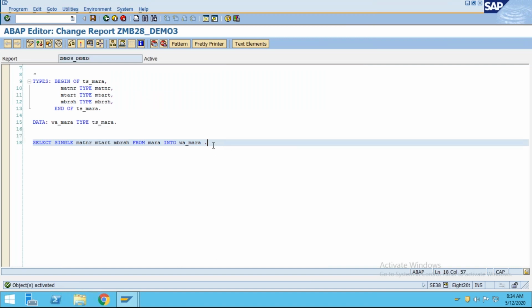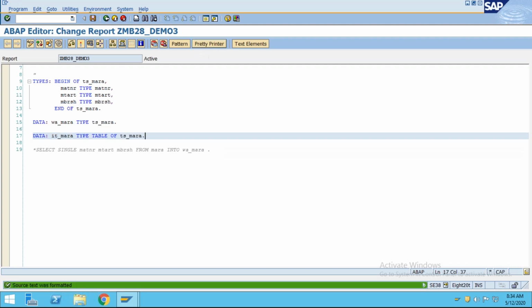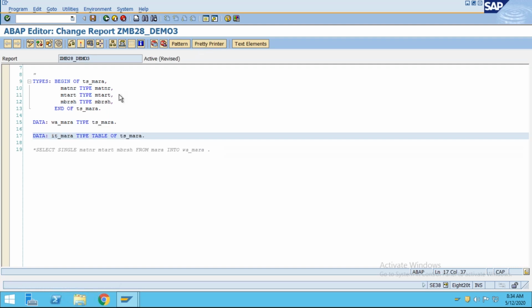Internal table. I'm now going to show you the internal table, and then we will see the different operations on the internal table. So both work area and internal table are used together: it_mara type table of ts_mara. Pretty printer, check the syntax,